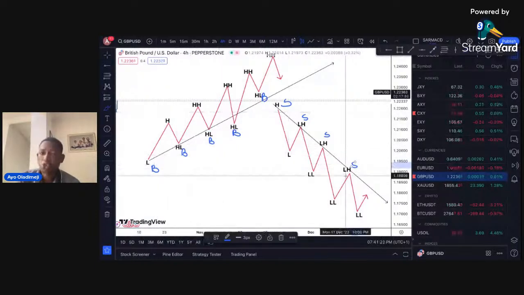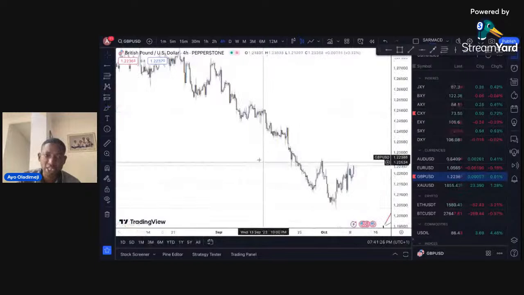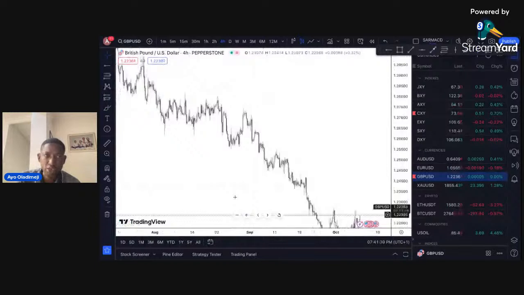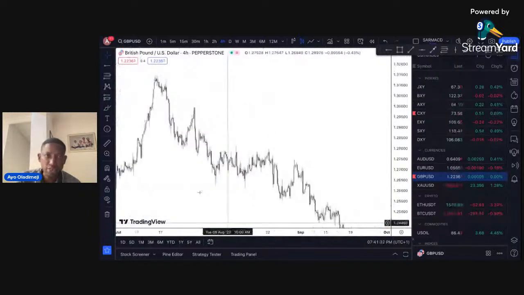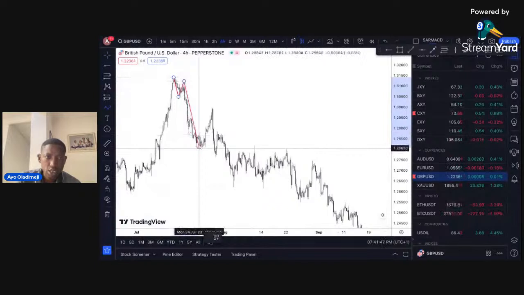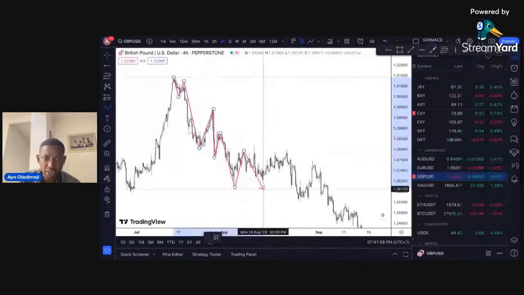So what do we do? Let's go to the charts now. This is a downtrend. This is an established downtrend, guys. And let me show, look, the journey started from here. So we have this move. That's the impulse correction, right? Impulse correction. Okay, the next one we have here is this impulse correction.